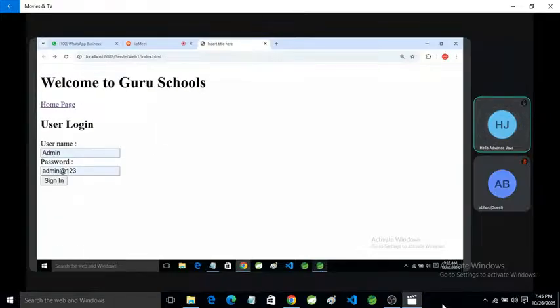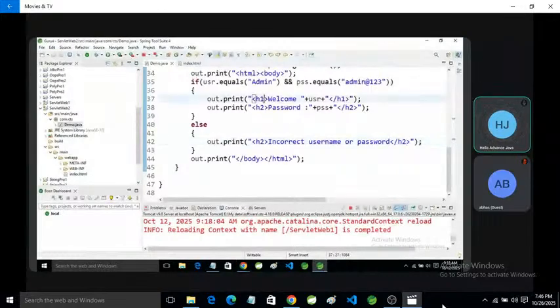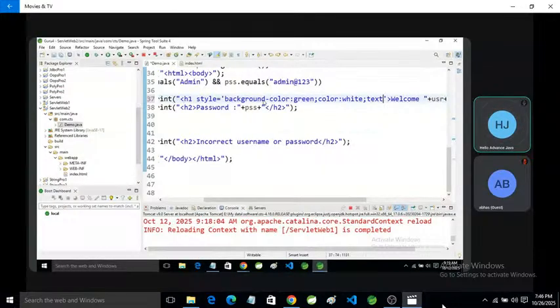Okay, if you want to use CSS or JS here, you can also use it, like style is equal to background color red, green, and color white, and text align center.